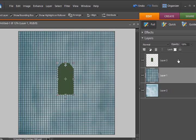You're going to have to learn, I think 4 and above, you have to click on the thumbnail of the layer, and 3 and before you have to click out here on the actual layer itself. You'll see I have marching ants, but I'm still on this paper layer as my active layer, even though I've clicked up here. And now once again I'm just going to hit Control J on my keyboard, and you'll notice